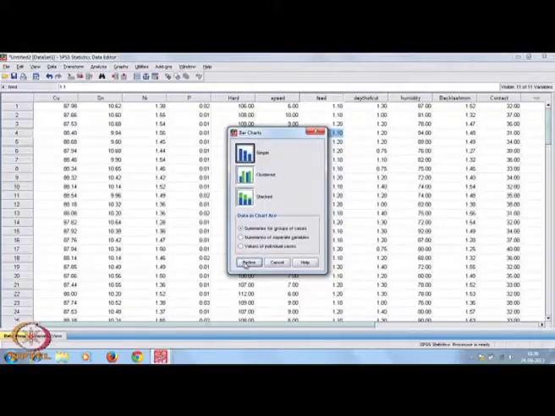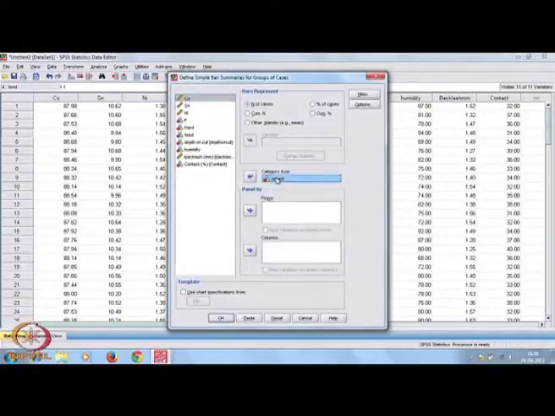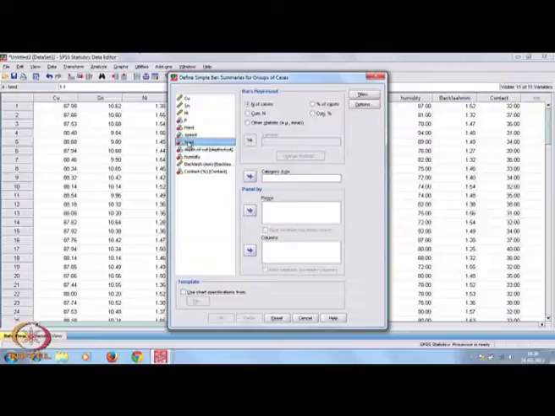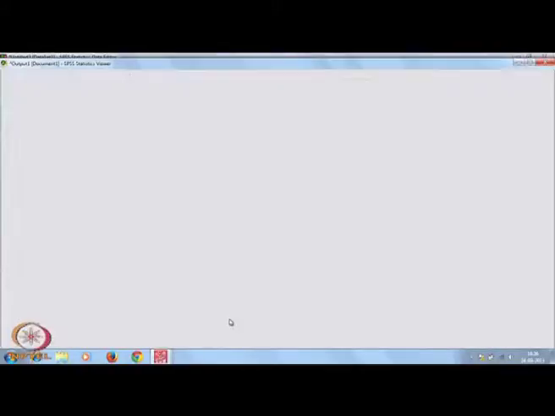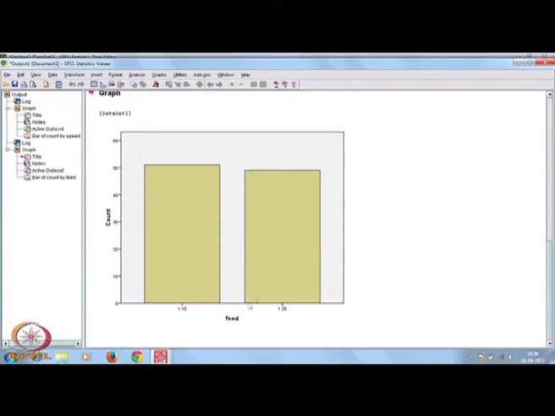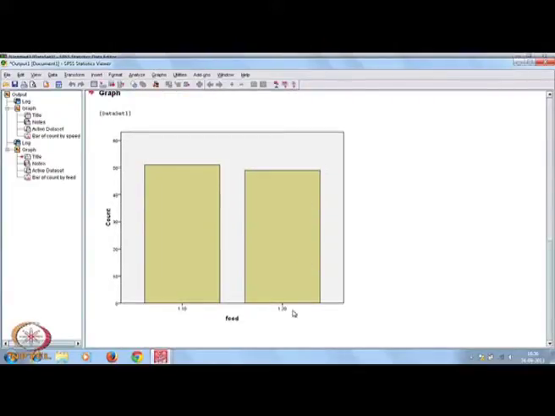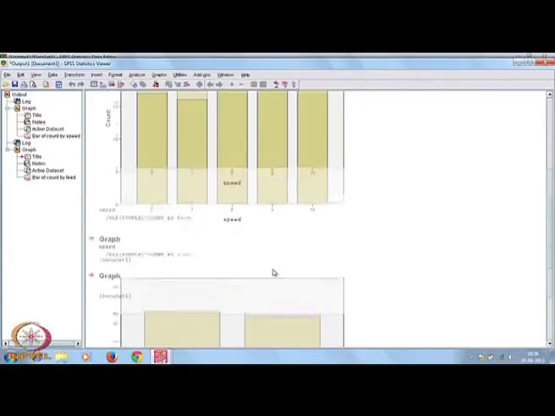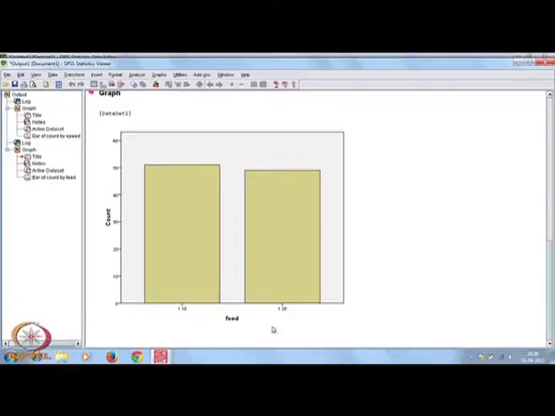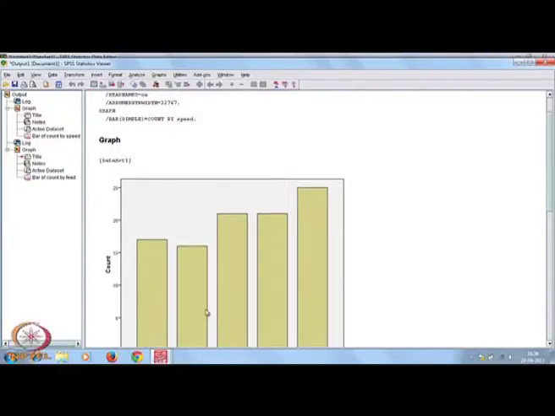We have taken the first one, then this is fine. We have taken speed, but we want to take the feed one. So feed, you see what you are getting. There are two levels basically, one is 1.10 and another is 1.20. Although this 1.10, 1.20 is a numerical value measured in scale, actually the process is operating under these two feed conditions, in revolutions per minute.